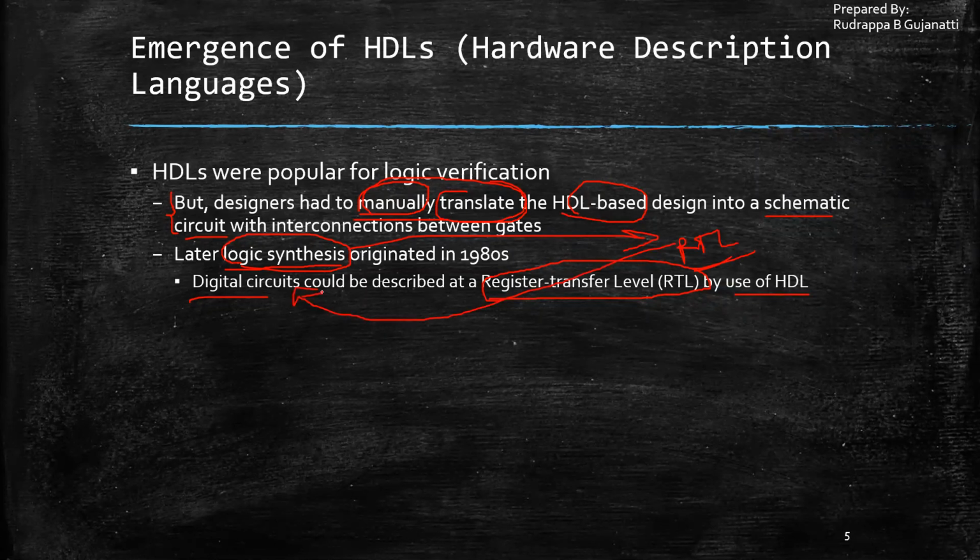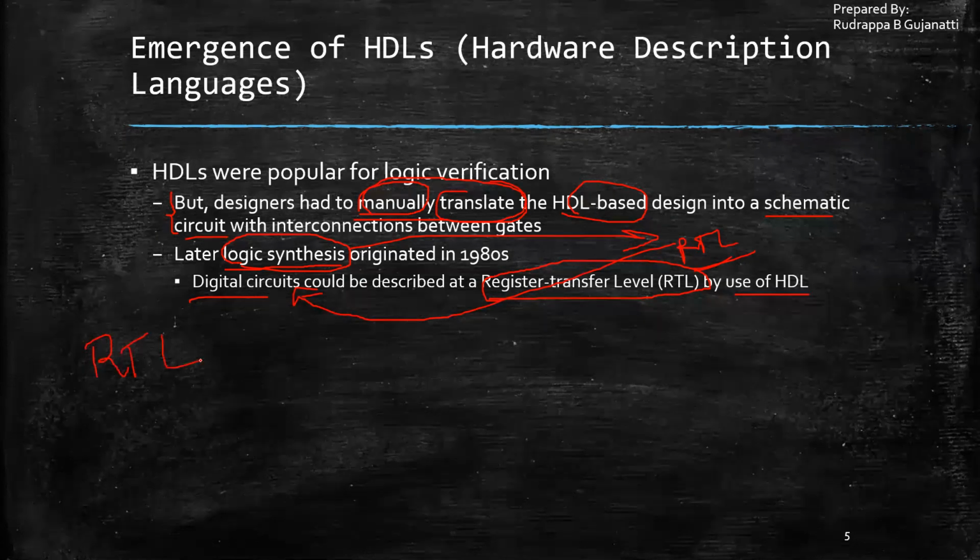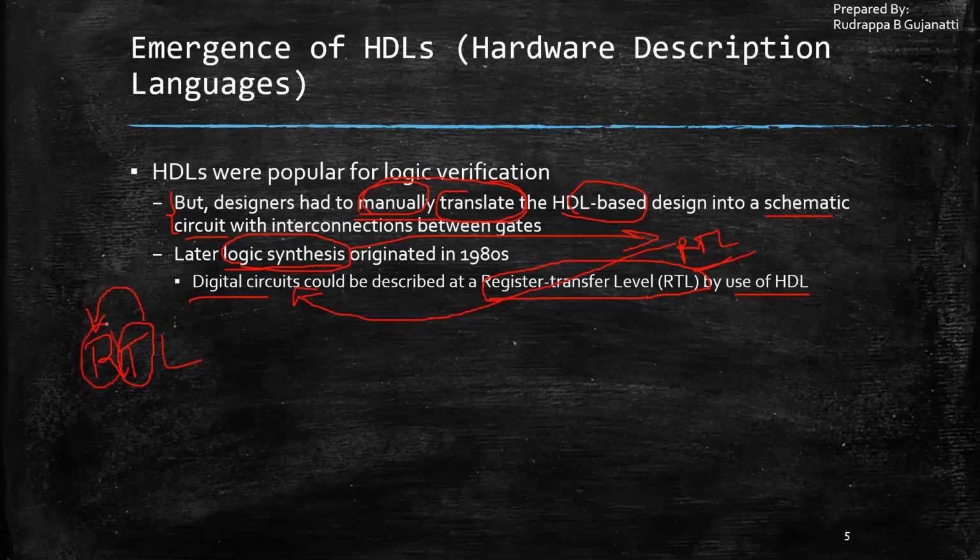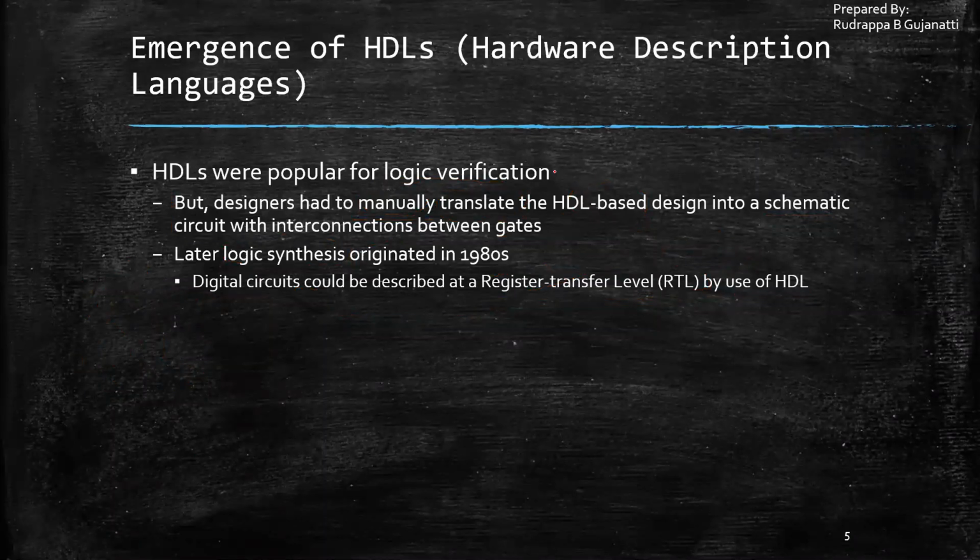In a previous lecture also we had discussed what is meant by RTL. Register transfer logic. In simple terms, it relates to how the transfer of data is happening between the registers, and what kind of processes or operations will be performed on this data. So RTL is giving me that information.